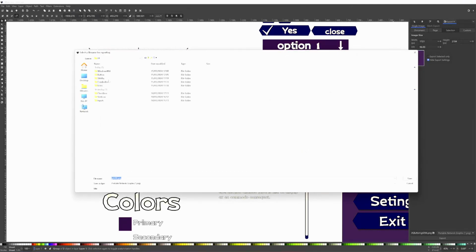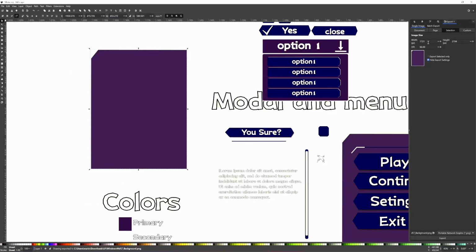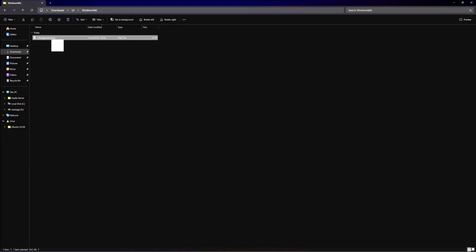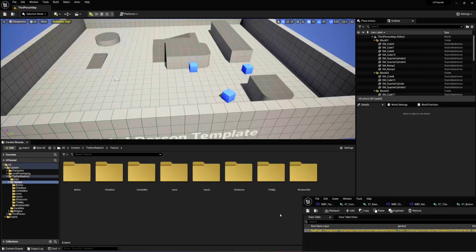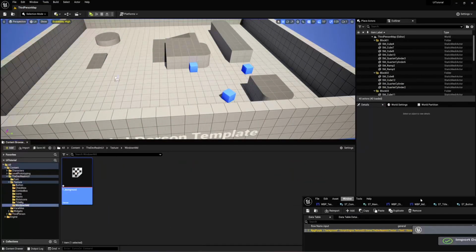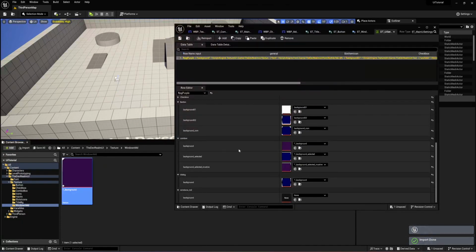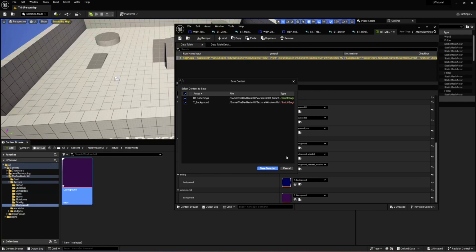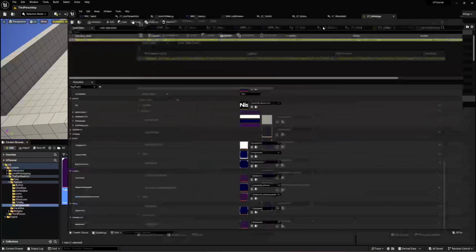Right, so I'm gonna export this window. One folder up here. I'm just gonna call this t-background, right? Size is good, so it's right. So now what we can do is just drag and drop this back to the window MD, and with this selected, you go back there, press save all. Cool. Right, so